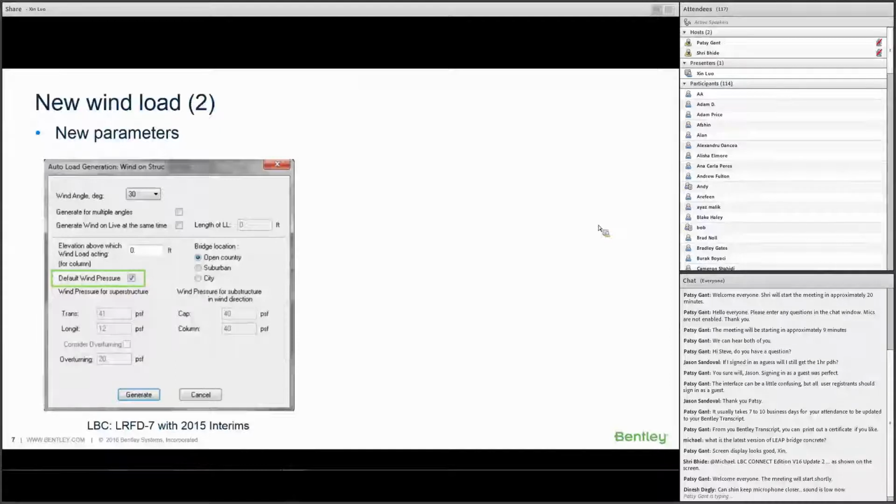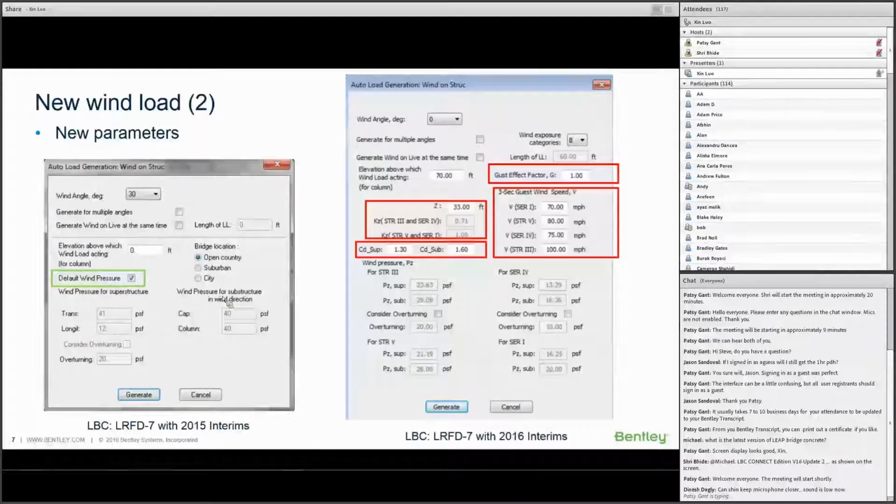The old code uses default wind pressure. It's highlighted here. You can see there. The new code provides a more comprehensive procedure to calculate the wind pressure. It introduces more parameters such as the drag coefficient, C sub D for superstructure and substructure, the pressure exposure and